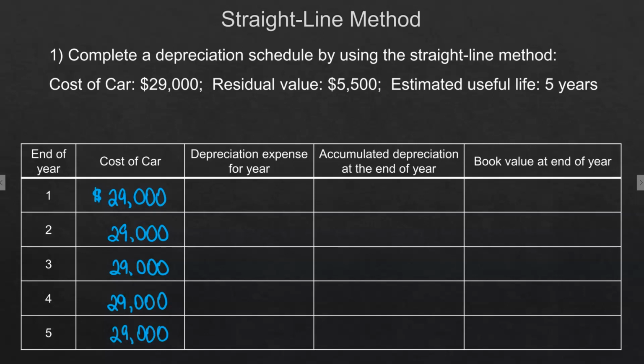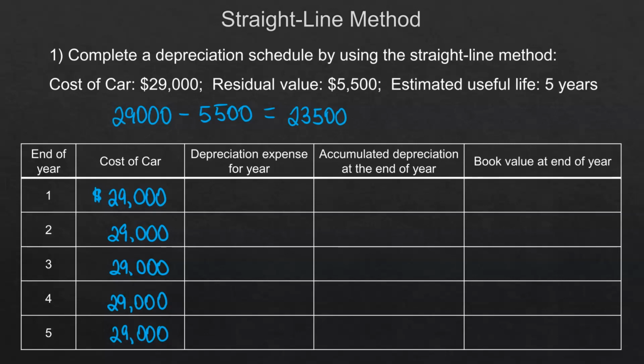All right, now let's go back up here. The cost is $29,000, the residual value is $5,500, the estimated useful life is 5 years. So we're going to take the $29,000, subtract the residual value because that's the amount we can depreciate, right? The difference of those two is how much we depreciate. So that would be $23,500,